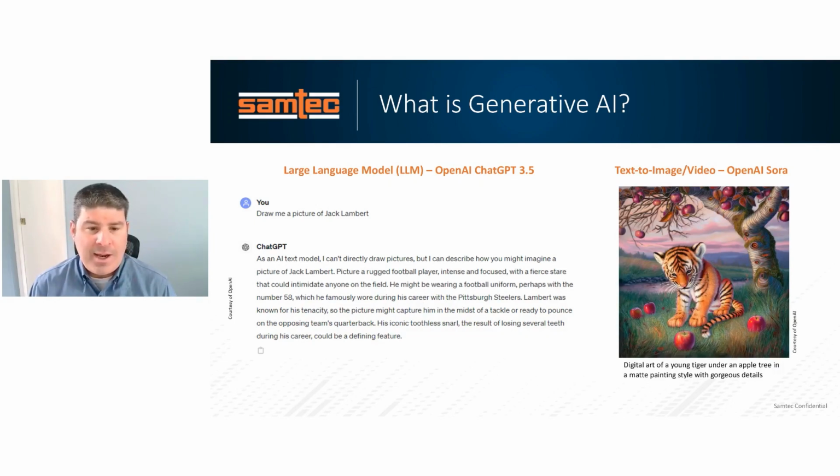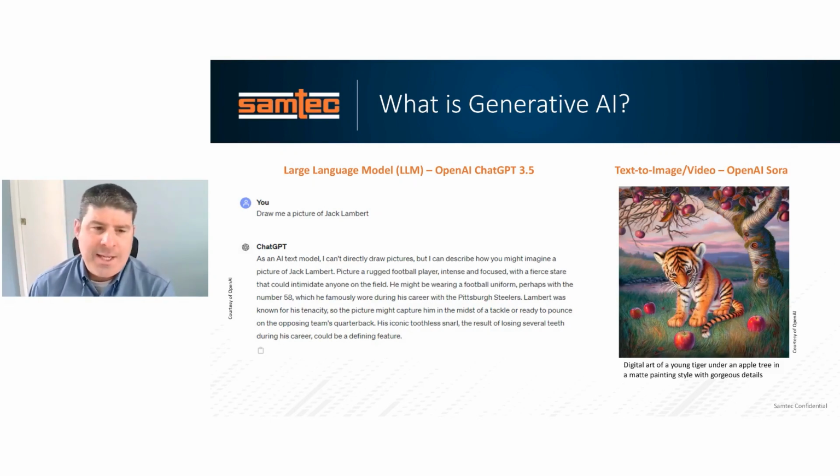The AI training, the AI inference kind of makes sense because you've got big data sets, you get models, and you run the data through the model to train it. But what is generative? If you think about the root of generative, you're generating something. All of us are probably familiar with ChatGPT. So a few days ago, I was preparing the slides, and I'm probably giving away where I live by saying, draw me a picture of Jack Lambert. I'm a huge Steelers fan, so basically born and raised in the Pittsburgh area.